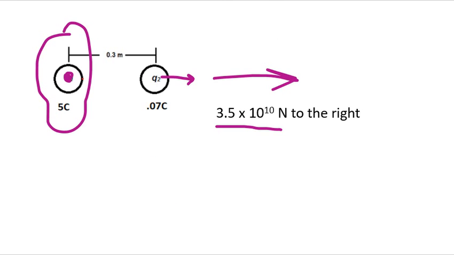So let's back up for a second. I have this. I have a force of 3.5 times 10 to the 10th newtons, and I know I have a charge of 0.07. So if I took the 3.5, the force, and divided it by the charge, I can get the electric field. How much force per charge is being exerted there? So 3.5 times 10 to the 10th divided by 0.07 is going to be a huge number. This is going to be, hold on,